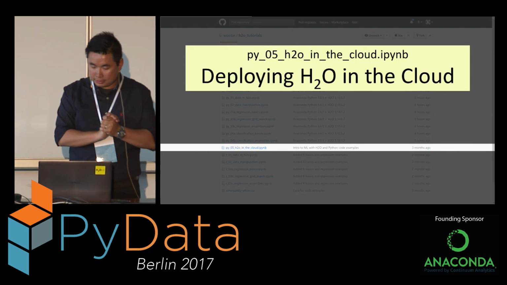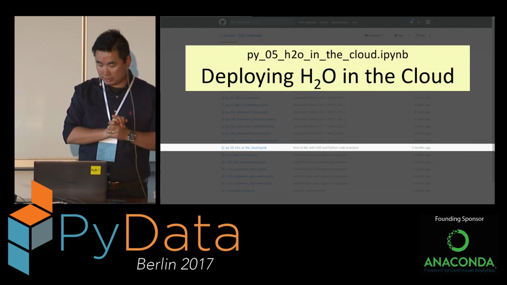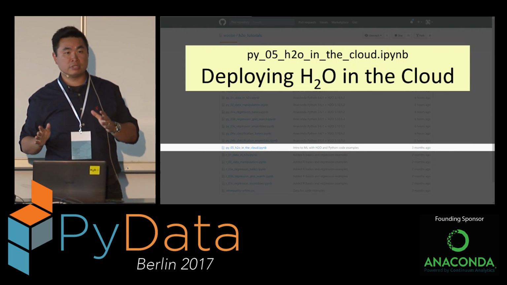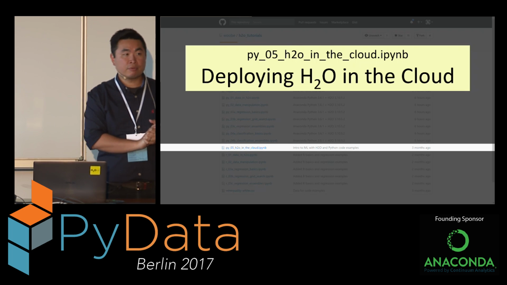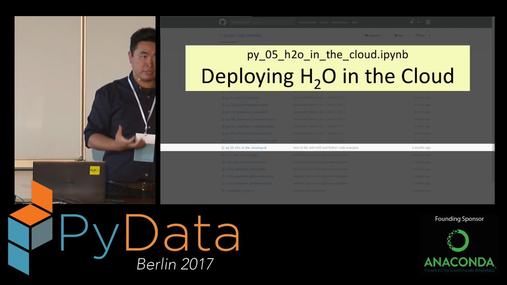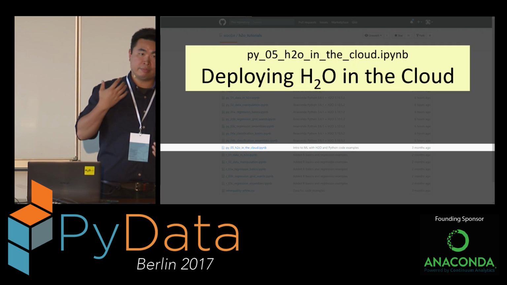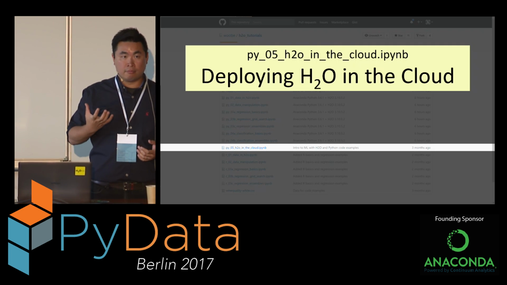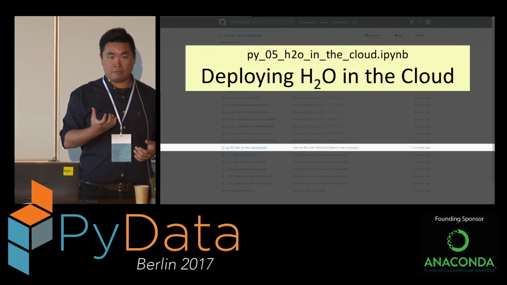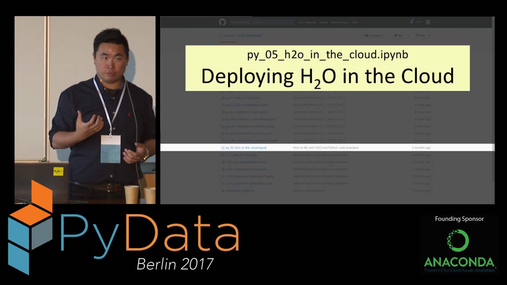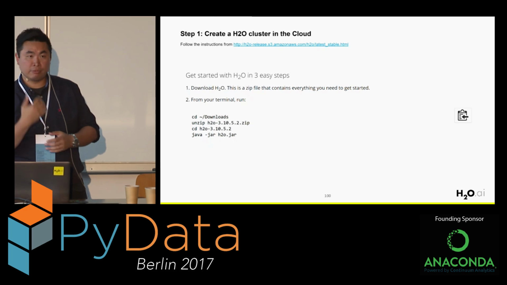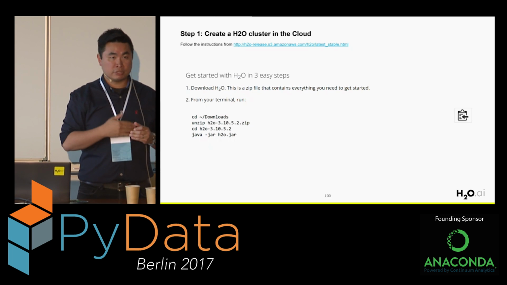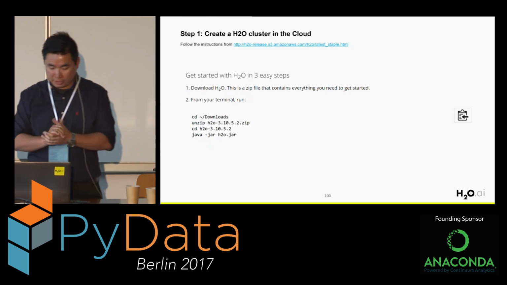Okay. So the final thing I want to show is how to use all this on a single computer. Sometimes you want to deploy H2O in the cloud, maybe on Amazon or Google Cloud, on a much beefier server or more powerful machines with more CPU cores. All you need to do is deploy H2O using the Java command. I can show you live here.